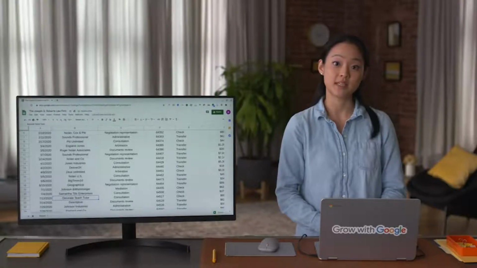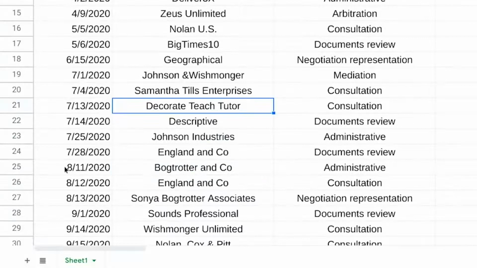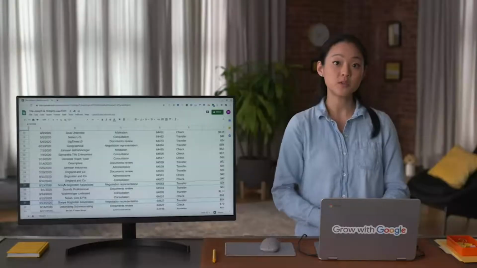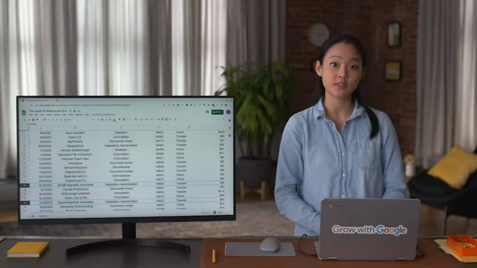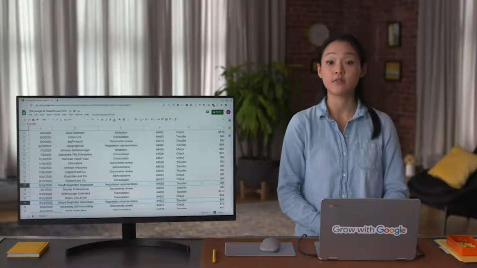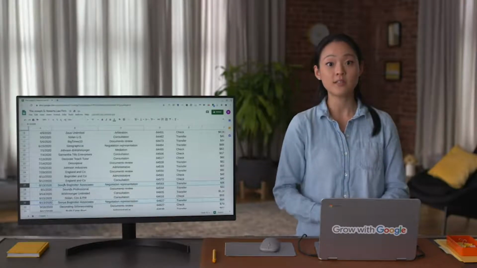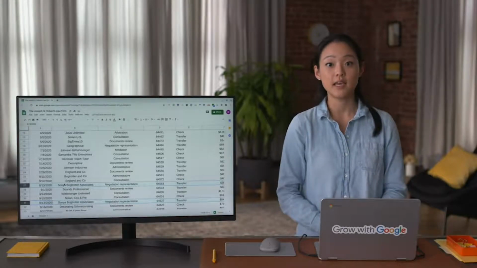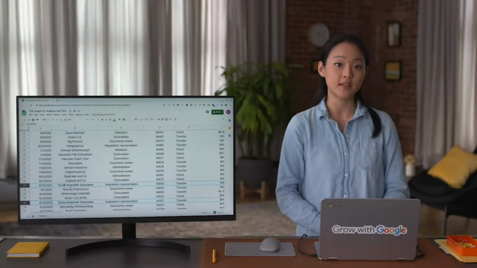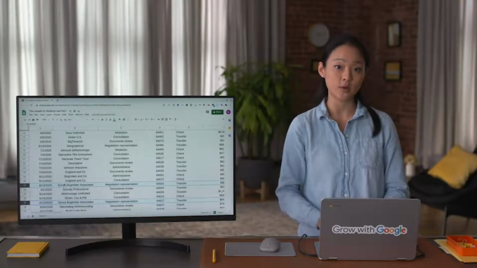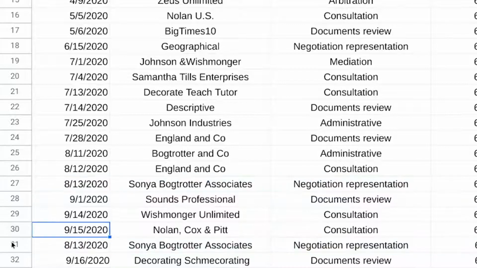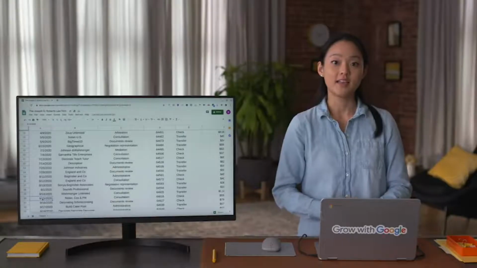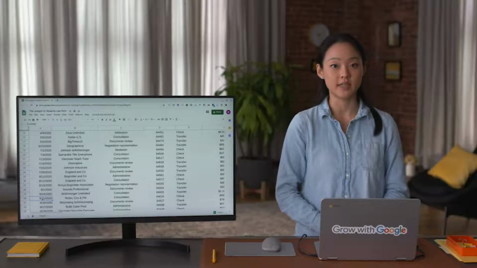Another common type of dirty data is a duplicate. Maybe two different people added this appointment on August 13th, not realizing that someone else had already done it. Or maybe the person entering the data hit copy and paste by accident. Whatever the reason, it's the data analyst's job to identify this error and correct it by deleting one of the duplicates. Okay, now let's continue on to some other types of dirty data.